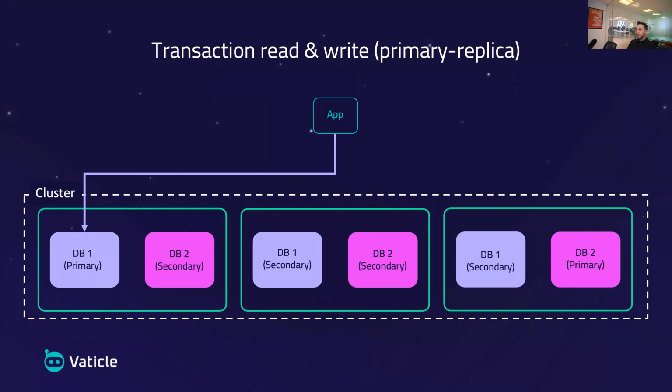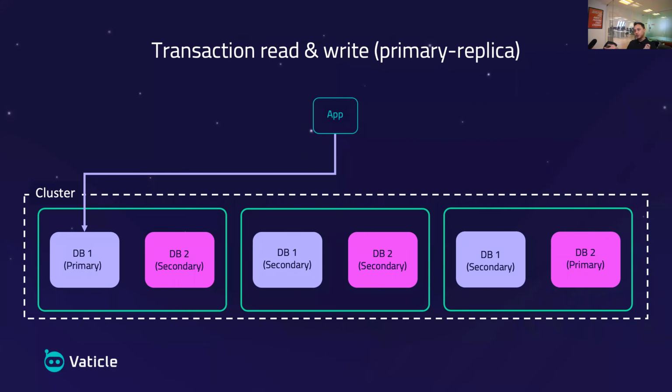So when the user uses the TypeDB client to connect to the database from the application, it needs to open a typical read or write transaction. These operations are served by the cluster in a strongly consistent manner, which means it's really easy for you to reason about, as opposed to other kinds of clustering models, such as the eventually consistent model, where you may have to think about whether the data that you get is the most recent or not. In TypeDB Cluster, everything is strongly consistent, and by default,